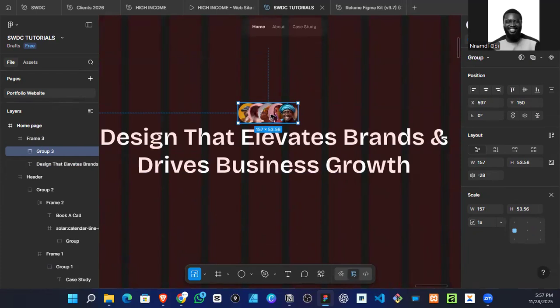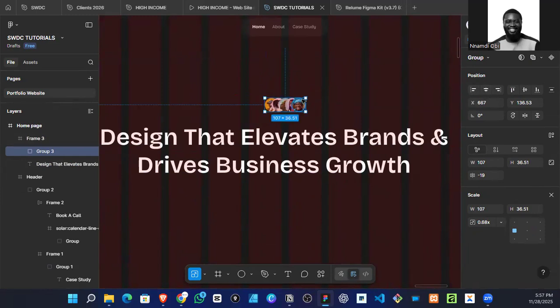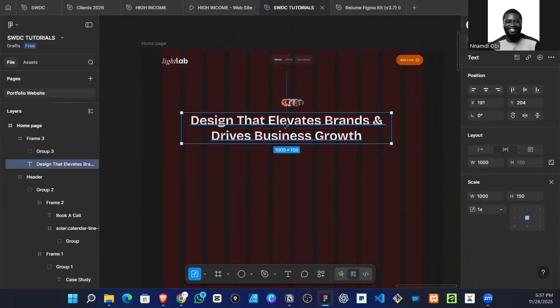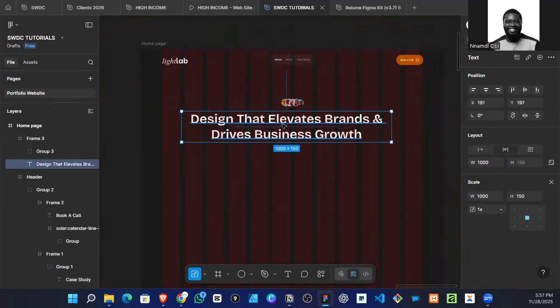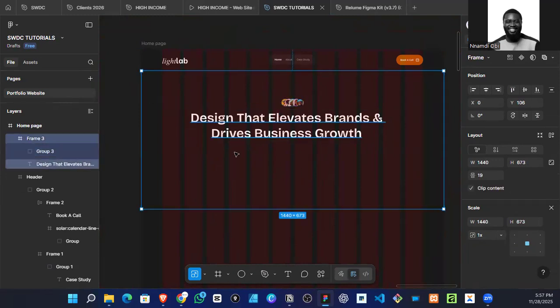Very small here. I'm not really feeling it like that, but let's just put it there, right? So we can get a smaller text and say,